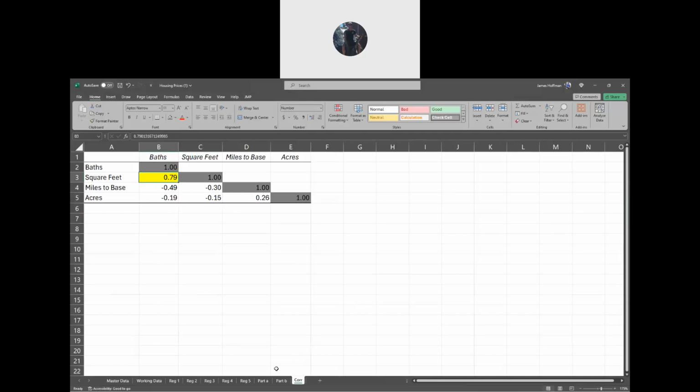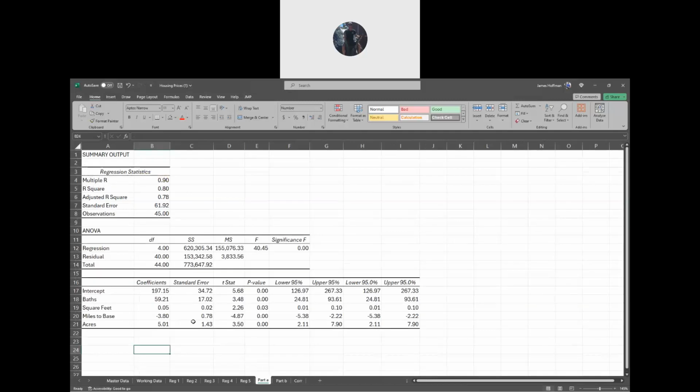Okay, and then when we looked at part A again, we took out square feet because it had a lower t-stat. We were comparing these two, the two that had a correlation, and the one we took out had the lower significance. You'd probably be okay taking out either one, but you've got to make it as